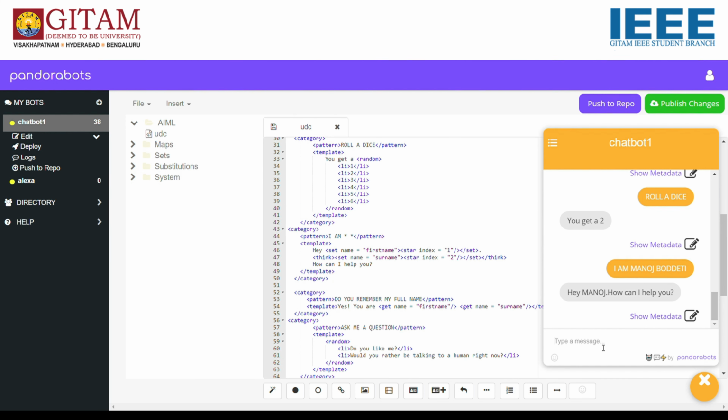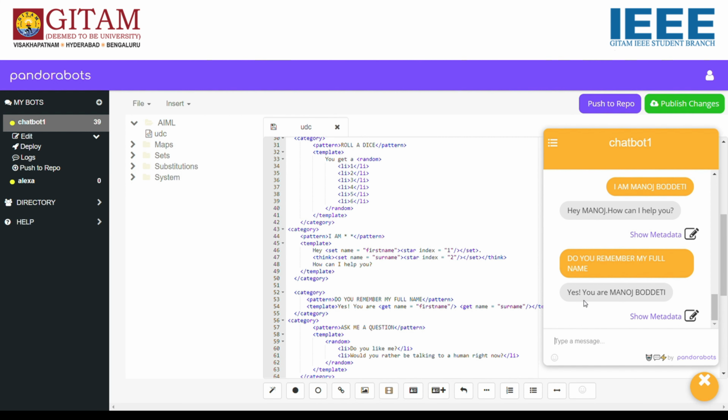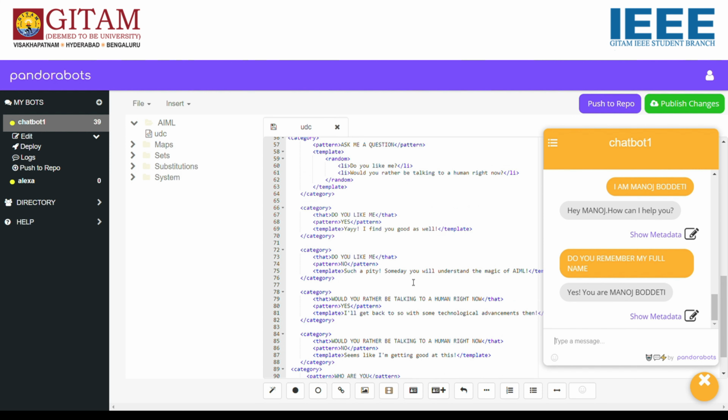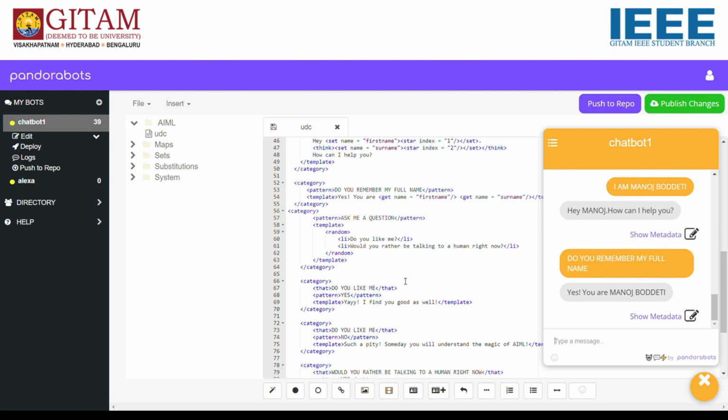So if I ask her, do you remember my full name? "Yes, you're Manoj Boddeti." So it shows the stored value. So it says my full name, and we mostly use a chatbot for chatting like that. So that's why we can ask her questions like